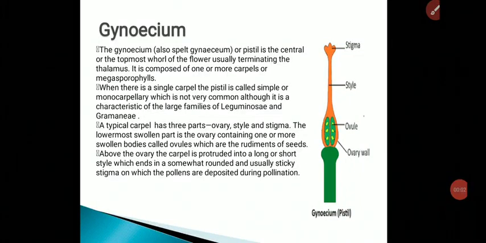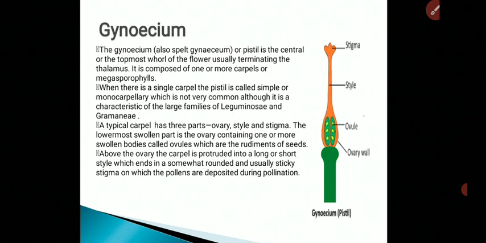Hello everyone, welcome to yet another video on the morphology of reproductive parts, in which we are discussing floral whorls. Now in this video we are going to discuss the second essential or necessary floral whorl known as the gynoecium. The gynoecium, also spelled gynaecium, or pistil, is the central or the topmost whorl of